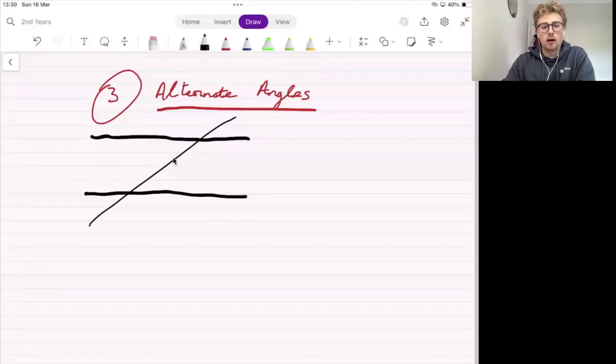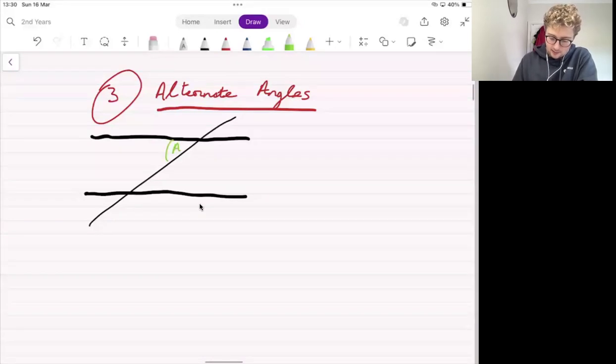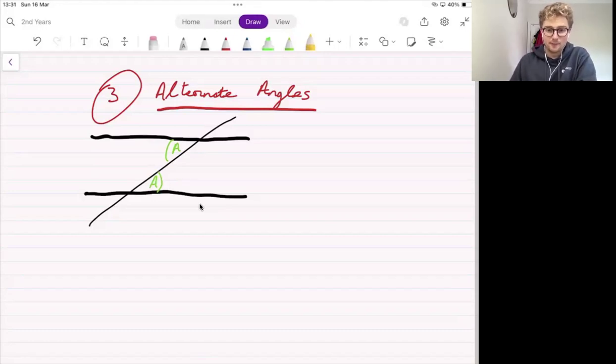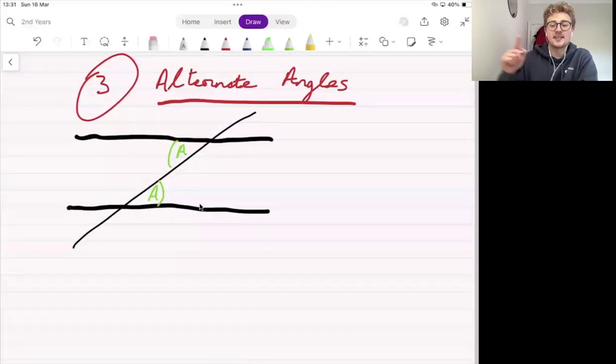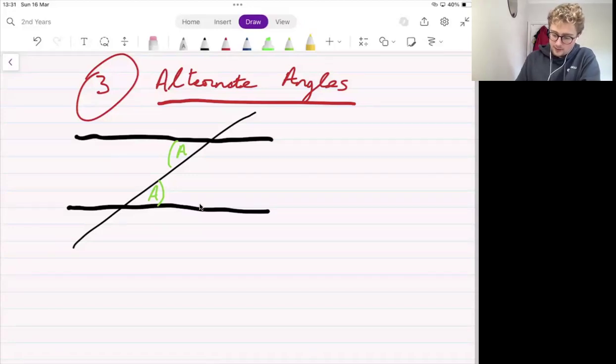You don't need to know what each of those mean, but that's what it is. And the rule of alternate angles says that the angle inside the crossing point between the parallel lines and the transverse, those will be equal. So the angle A there is equal to the angle A there. And we can recognize this by almost like a Z shape. So Danny got there. Danny said, "Is this the Z thing?" It is, Danny. So we can recognize this from having a Z shape. So I can draw a Z shape like this one,